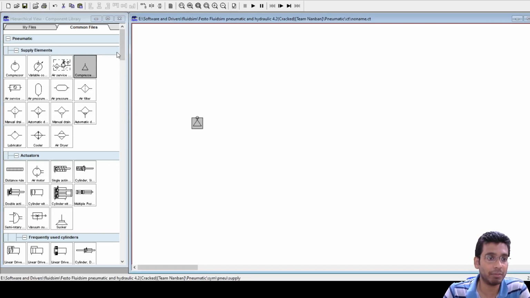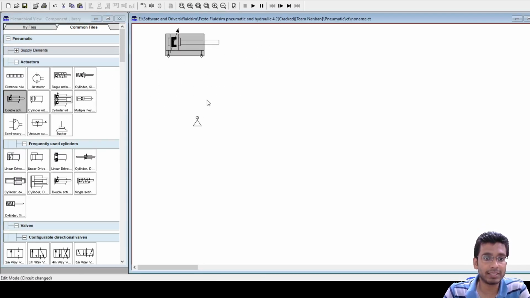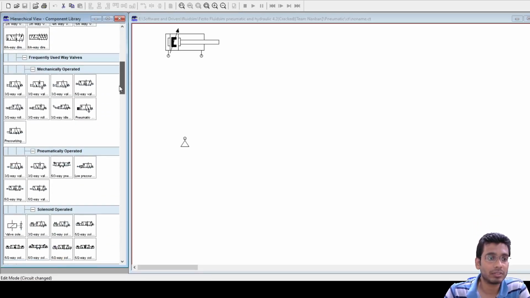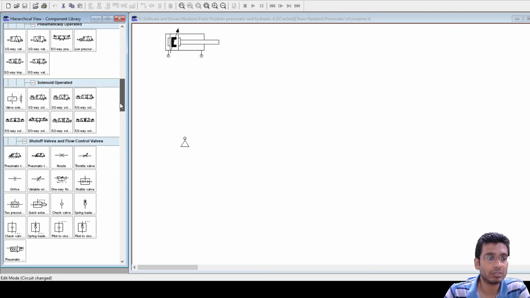I will be requiring a compressor, a double acting cylinder. What else? A solenoid valve. Will it be 5/3 or 5/2? 5/2 will be sufficient, because do I have to stop the cylinder in between?